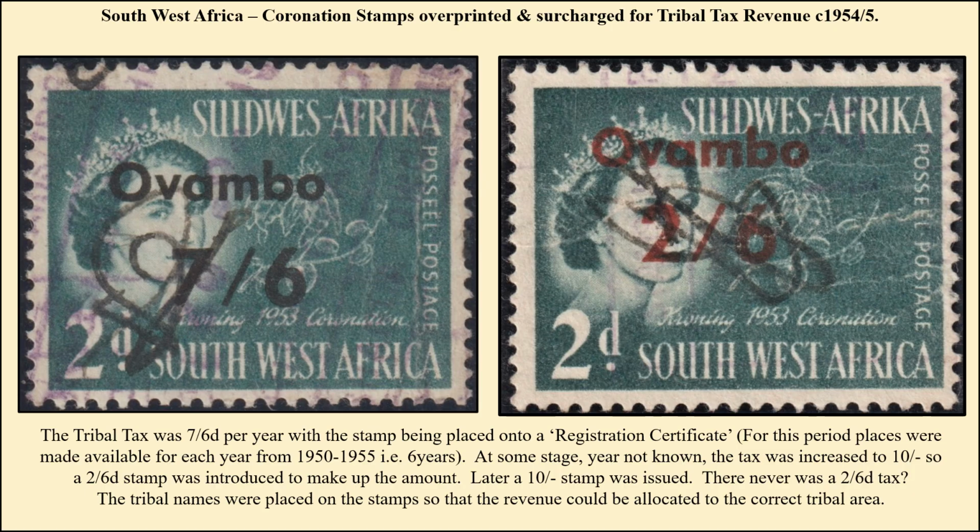There was a tribal tax in South Africa. The tax was 7 and 6 pence, and the monies collected went to the betterment of the tribes in their own areas. The tax was later increased to 10 shillings, so a second stamp, a 2 and 6 penny stamp, was introduced to make up the new rate. Now these overprints are done on the coronation stamps of